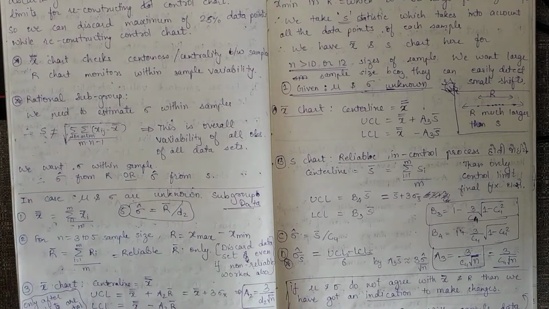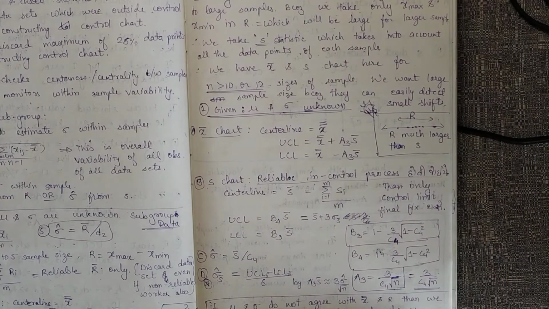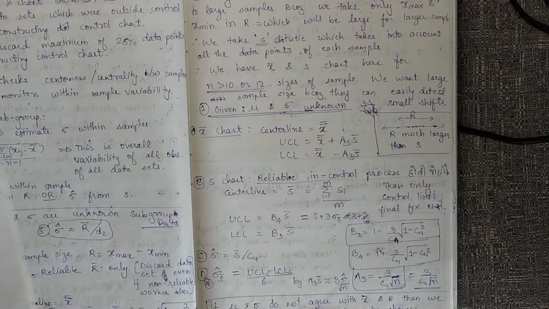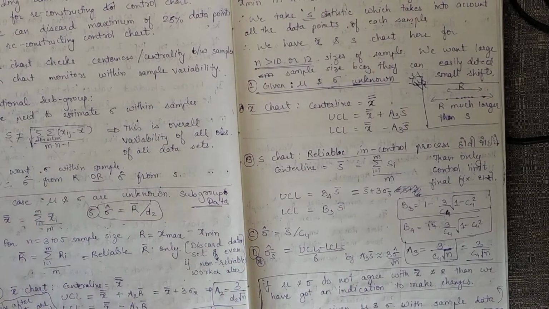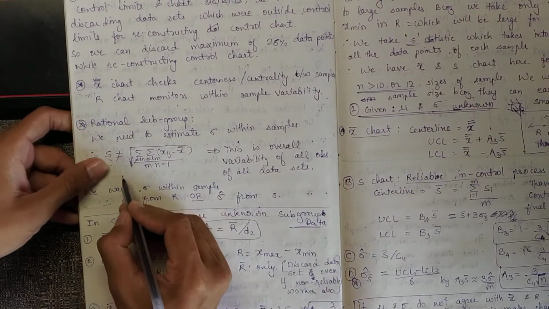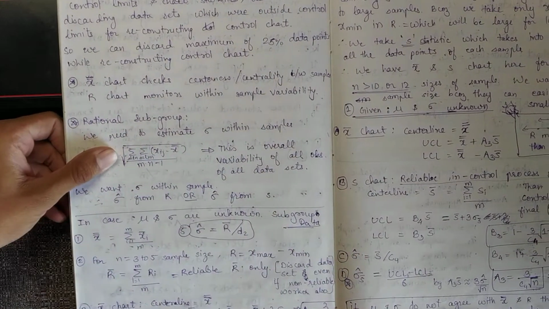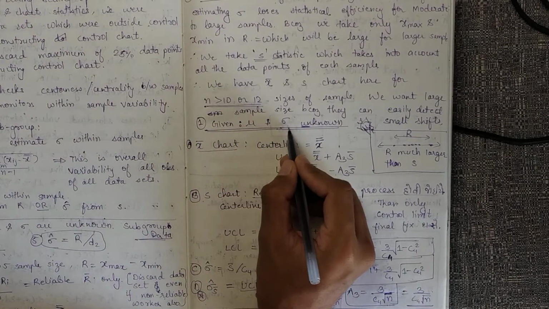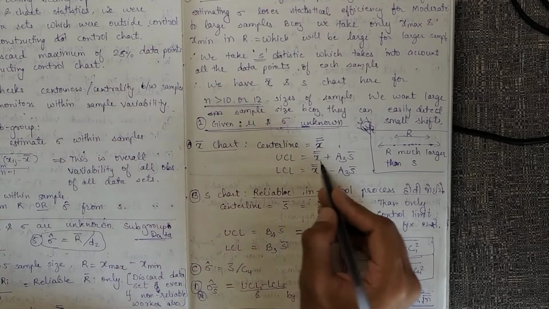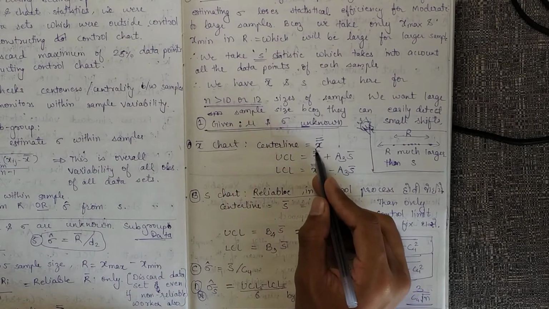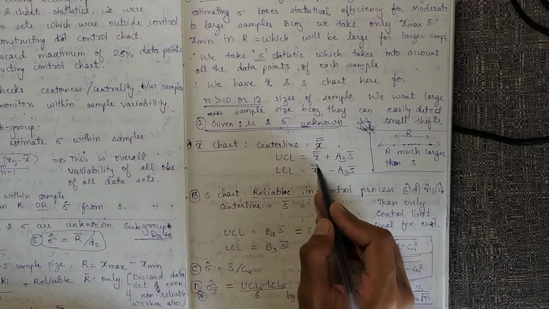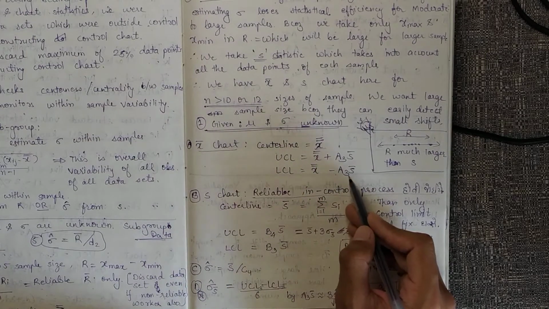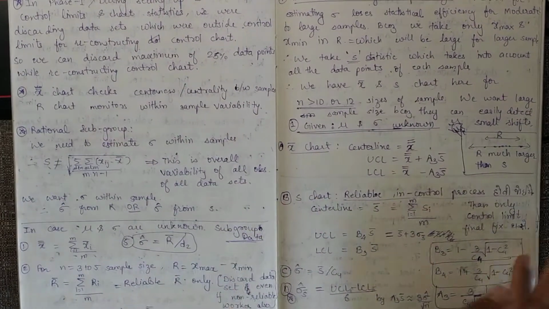And then there are other charts which I said were using s bar values. So s bar has another formula, that is the standard deviation of the samples. So this is the formula for s. In that case, when mu and sigma are unknown, the x bar chart control limits are given by this: center line is this, upper control limit x double bar plus A3 s bar, lower control limit x double bar minus A3 s bar, and the s formula is here.